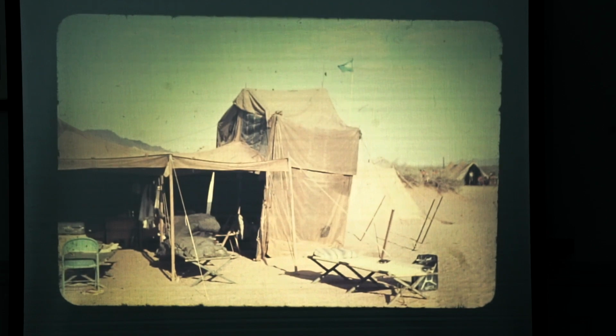This was our living in the desert at Gizan. You see, our beds were camp cots. You see the can that's wide open. The things that you had to watch out for were, what do you call those nasty